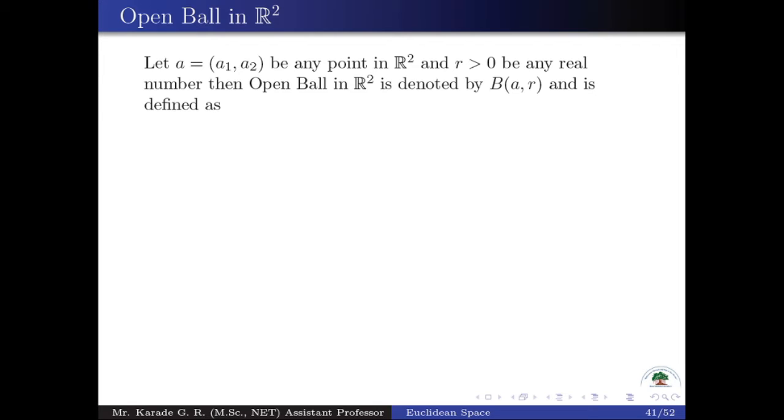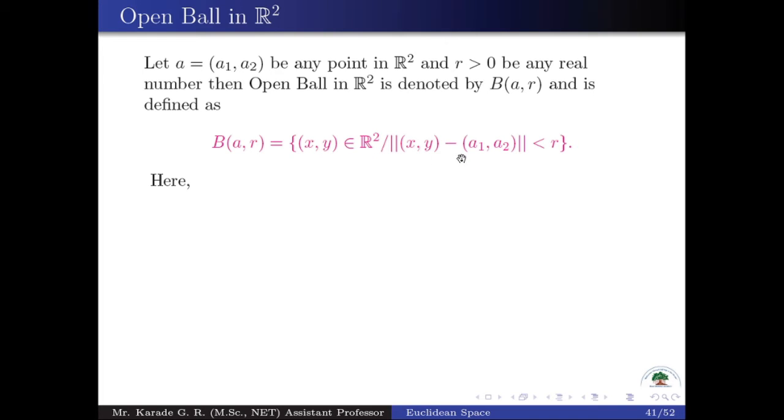Then the open ball in R2 is denoted by open ball about A with radius R, and is defined as the set of points in R2 which are within a distance r from point (A1, A2), or the set of all ordered pairs (x, y) belonging to R2